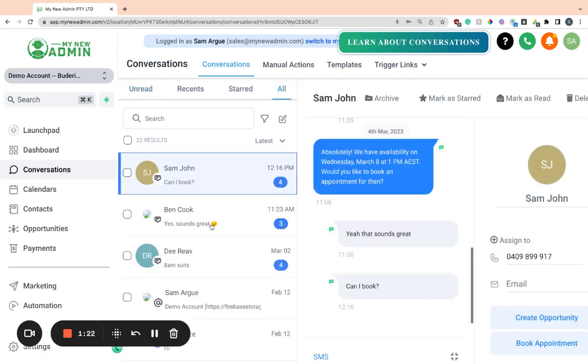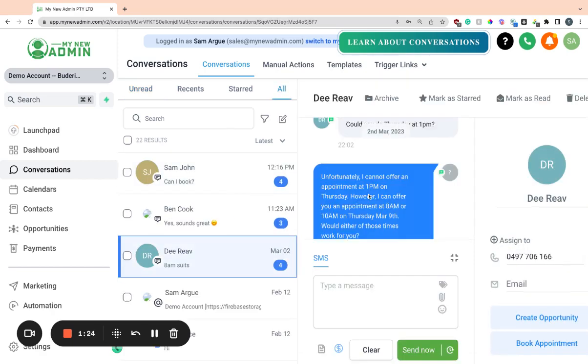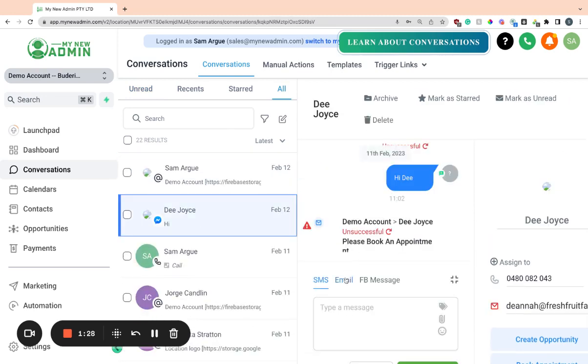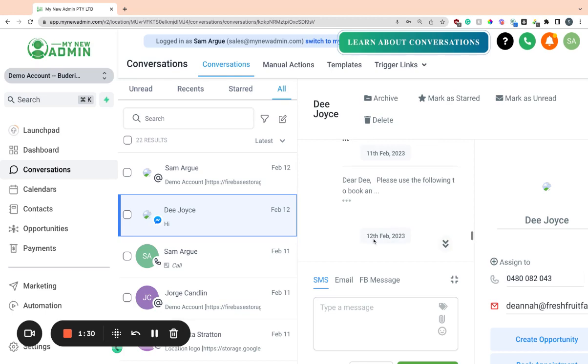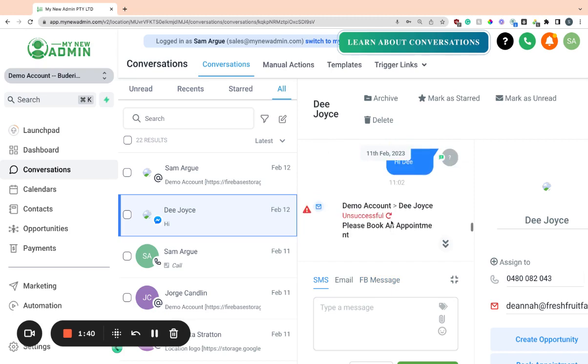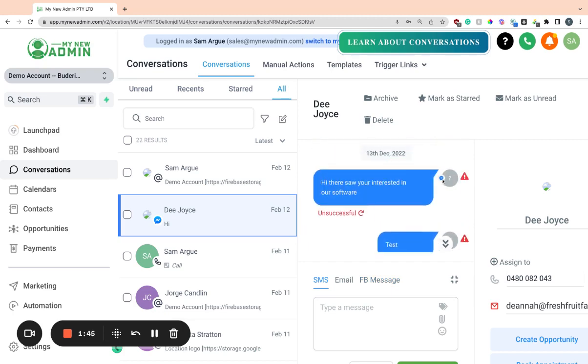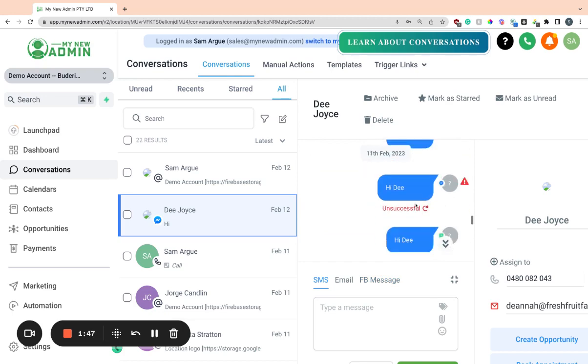This is essentially where you can communicate in a variety of different ways. So that may be through Facebook, it may be through Instagram, it may be through email. Essentially, we tie all the popular messaging into one. So as you're jumping back to Facebook Messenger, Instagram Messenger, email, SMS, you've now got a whole thread, a whole stream of all different communications here, whether that be Facebook, text, or email,